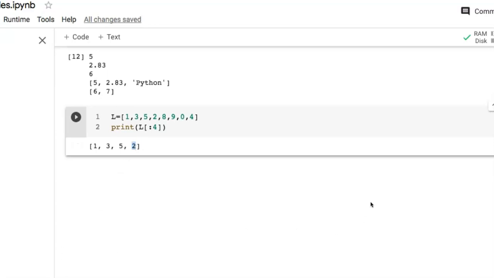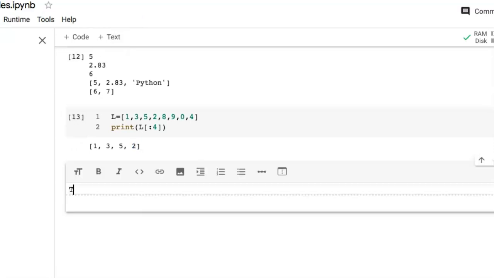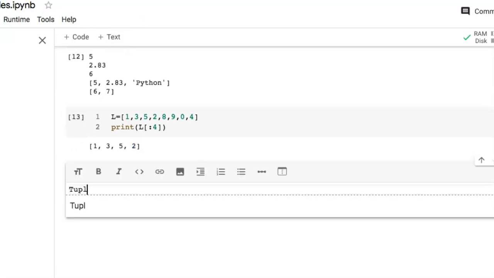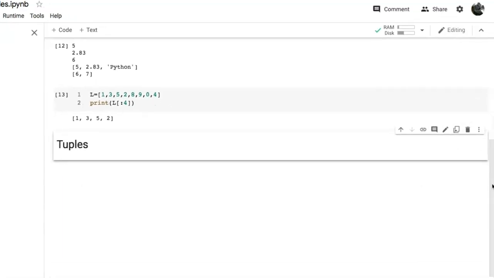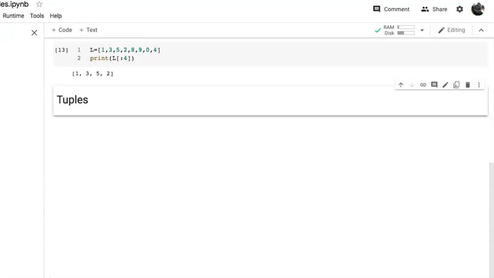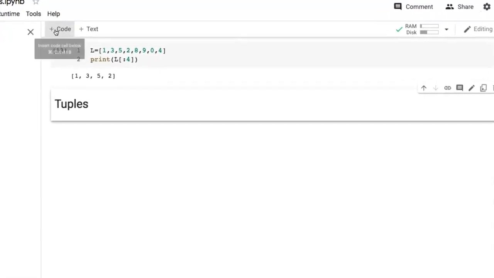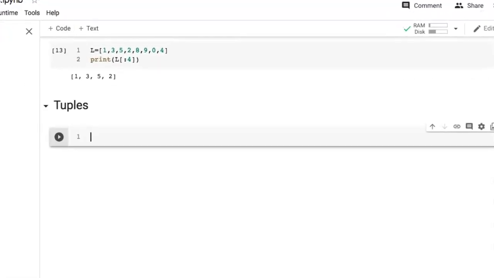Now we'll try program for tuples. Right here, tuples, click here and then double click. Scroll it down, take a new code cell and take tuple here.